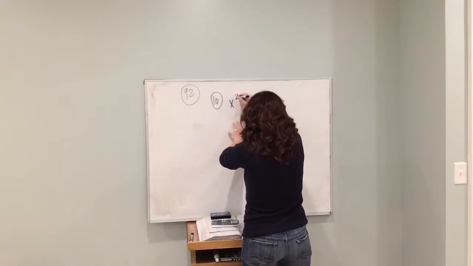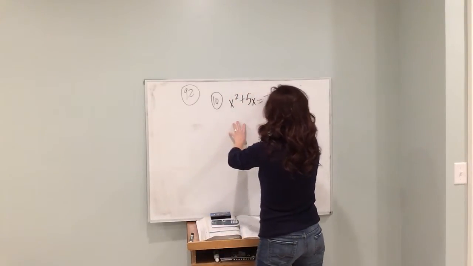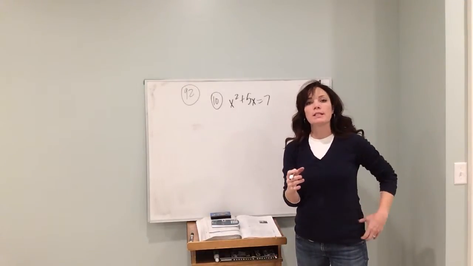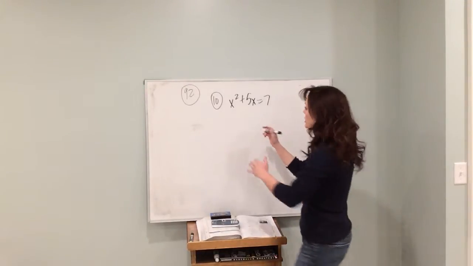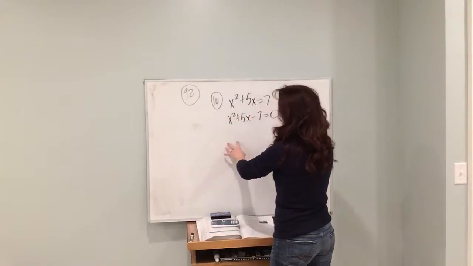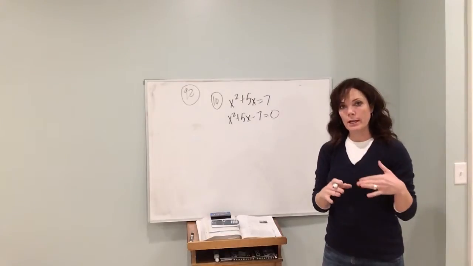So we have x squared plus 5x equals 7. Now, before you use the quadratic formula, you need to put the quadratic equation into standard form. And standard form has it set equal to 0. So that's x squared plus 5x minus 7 equals 0. The quadratic formula is